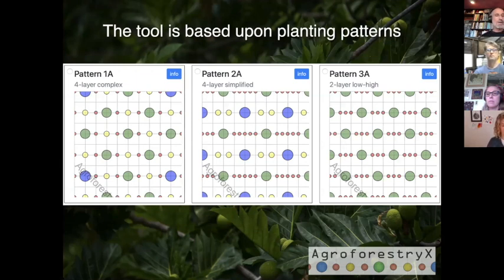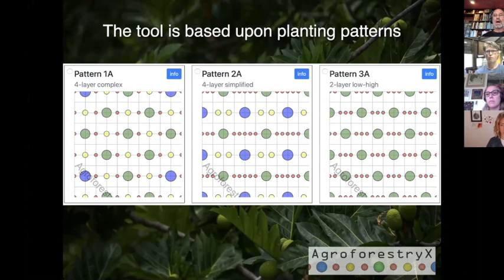So this is the first concept of the design tool. This is a screenshot from the tool itself. The tool is based upon planting patterns. These are row-based, organized, multi-story systems where each layer of the canopy is color-coded. We have included a number of patterns. We plan to include more, but right now we have, I believe, 8 patterns.